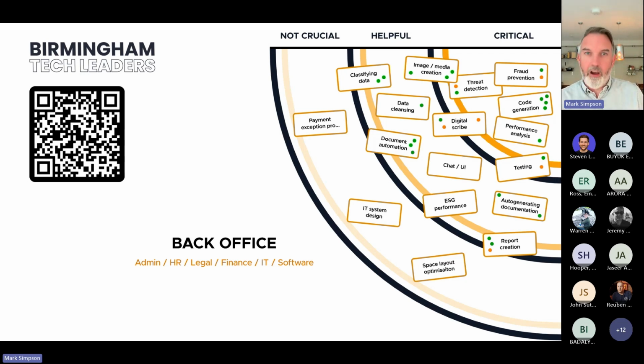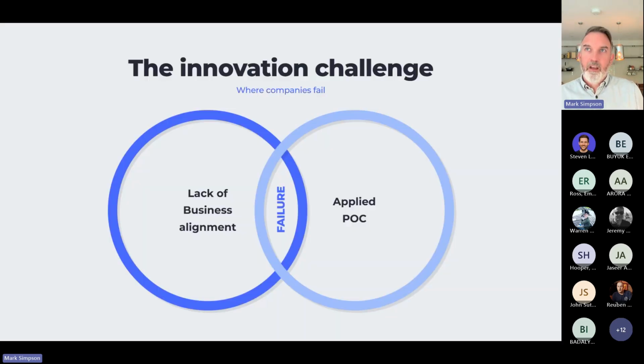And when we looked at the reasons why, it was a pattern that we've seen many years ago over different technology waves, which is a standard innovation challenge where people fail. The first thing is those use cases, those examples where they were going to apply Gen AI, didn't really have the business alignment. They were driven by the technology teams having new tools and saying, we could do this, we could do this other, rather than looking at where the biggest business opportunities or the biggest business problems were, and then thinking about how the tools could help and solve that.